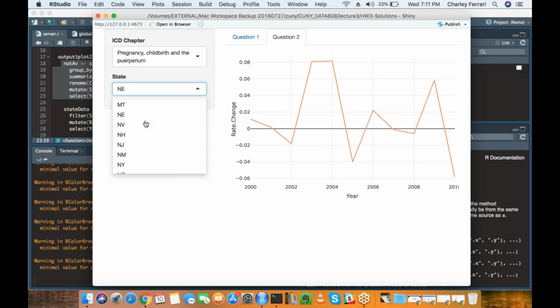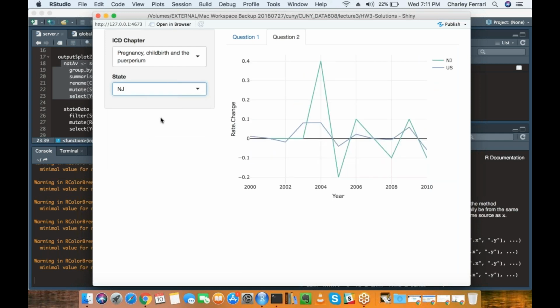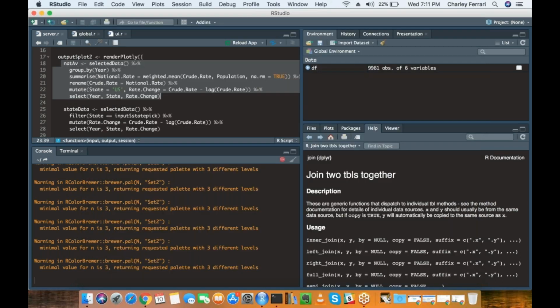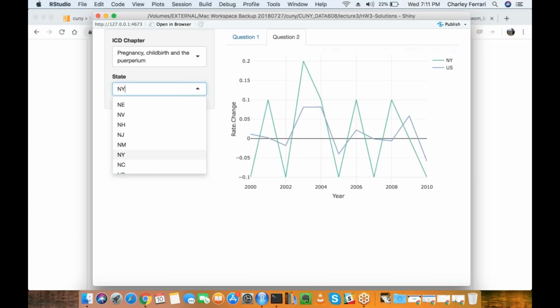We're able to look at different states and get the comparisons, looking at the US average as well as whatever state we're looking at. So you can find out things like, with New York, it's a bit more variable. You're getting higher increases and lower decreases when compared to national trends, in this case looking at pregnancy.